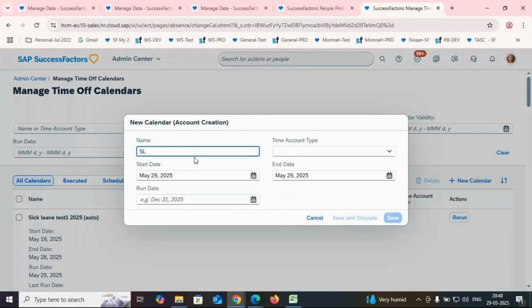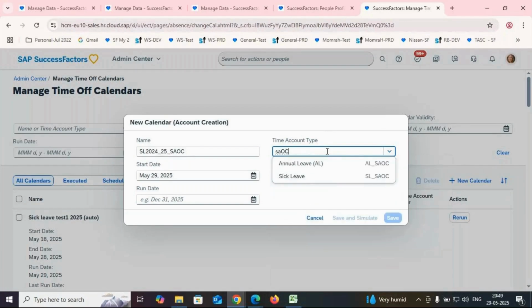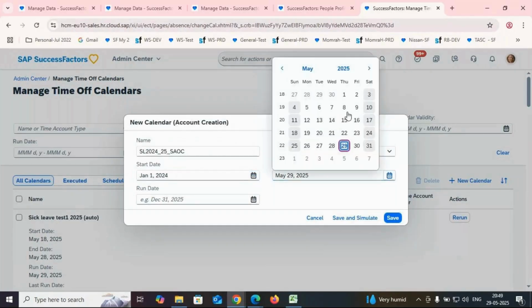Now, let me navigate the same way as yesterday, guys. Manage time, calendars. We are responsible for majorly 2 jobs. One is account creation, second one is balance posting. Click on new calendar. Let me create account creation, guys. Account creation, let me go by SL